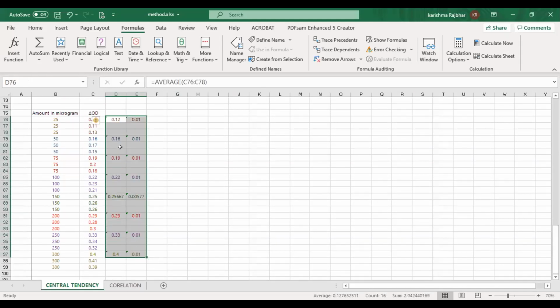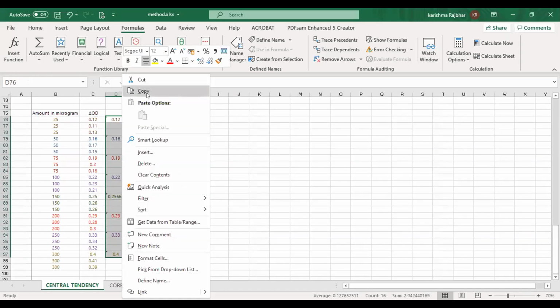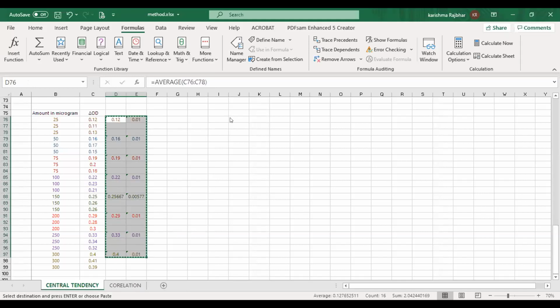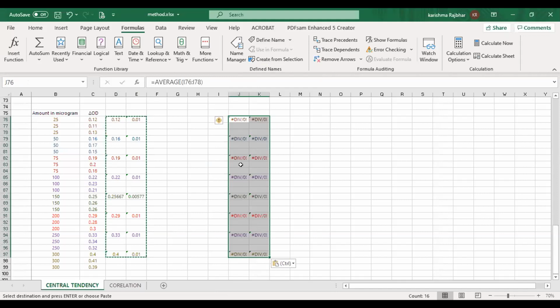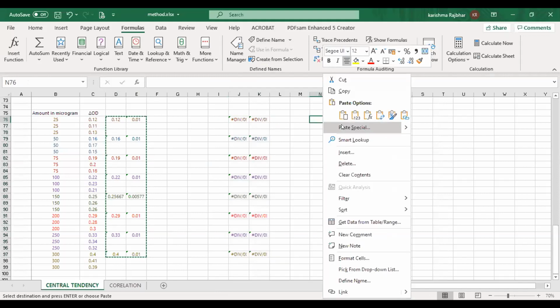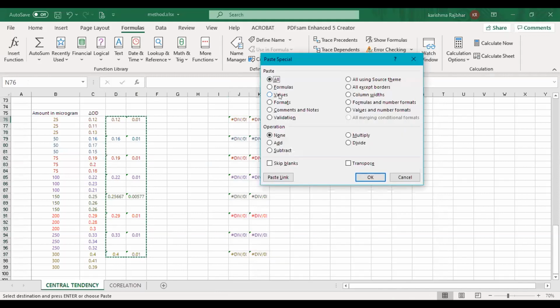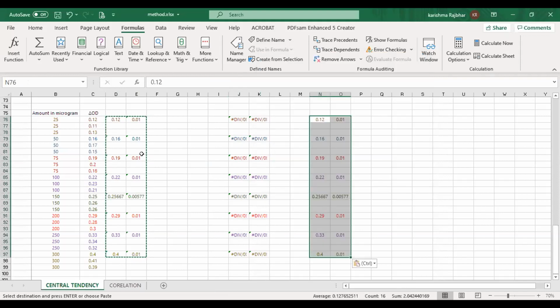So I am just making a copy. But while pasting, if I just press Control V, the data is like this, because this is calculated data. So while pasting, you have to select paste special, go for the values and then OK. See, now it is the same data. Students, are you with me?